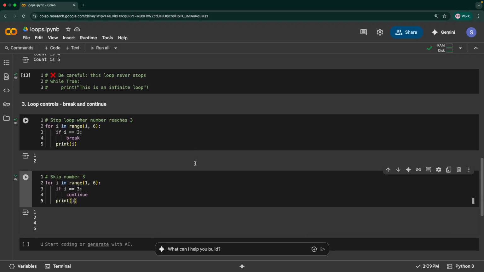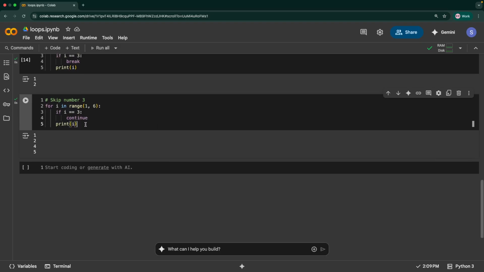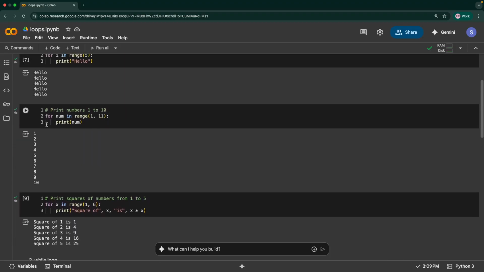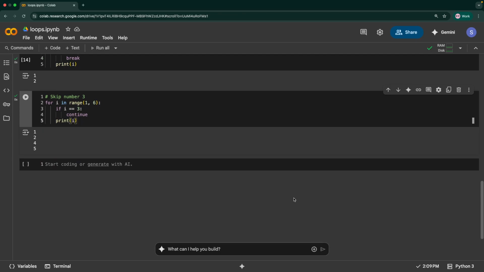So loops help you write less code and do more. You don't have to have 6 print statements, or in this case if you see, you don't have to have 10 print statements. So that's the main purpose. Loops help you to write less code and do more with it. They are the key to automation, processing data, and handling large tasks and all that. Okay, so that is all about loops, and in the next section we will look at Python's built-in data structures